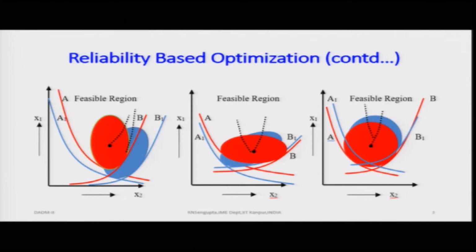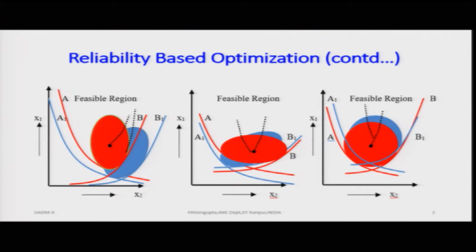So, in this case what you have is the feasible region. Let us consider the feasible region. If you concentrate on it, there are 3 diagrams, frame A, B and C. Let us consider frame C. Now, in this case, what you have is the blue line, which gives you the overall constraint areas, and you have